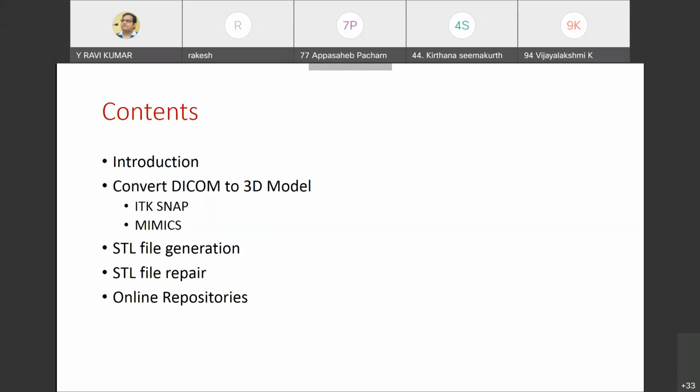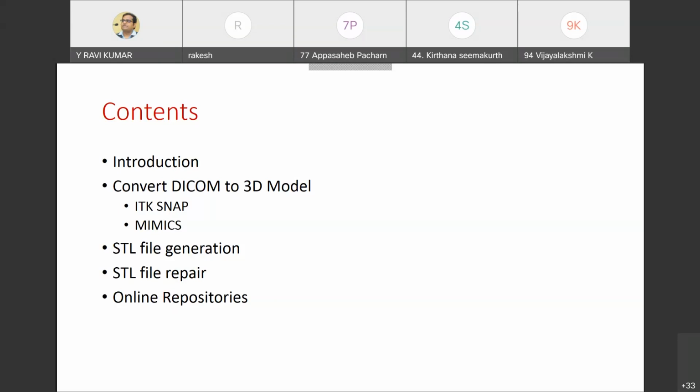From those online repositories, you can download medical models like skull, mandible, maxilla, heart, and spine. These are the medical models which are available in these online repositories, so you can download directly from them. A few of them are STL and a few of them are DICOM files, which are not free. You know, everything costs here.